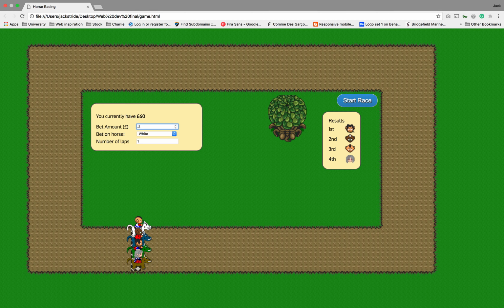However, if I place, let's try, E20, start the race. The race goes on, a bet on white, number of laps 1. If I place a letter and a number, nothing still happens. However, if I enter a minus amount, such as minus 60, and I'm going to bet on green to win,